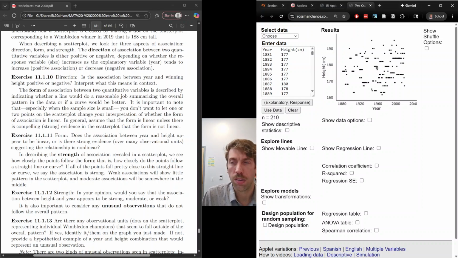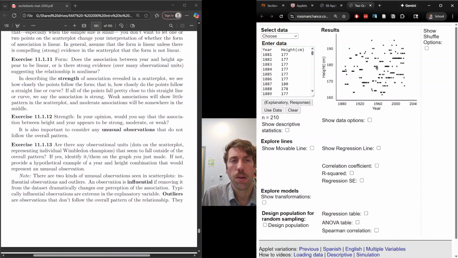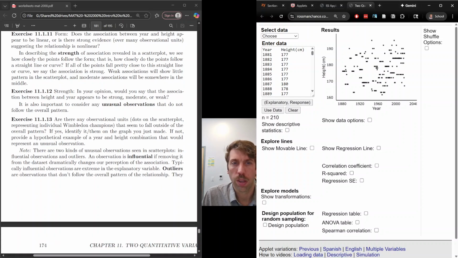So it's either linear or there's evidence it's nonlinear. Then the strength of association would be how closely the points follow the form, how closely the points follow a straight line or curve. So looking at this in our